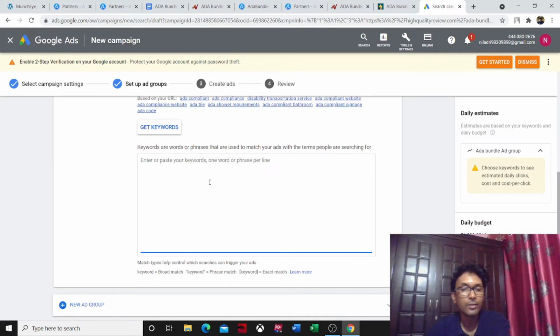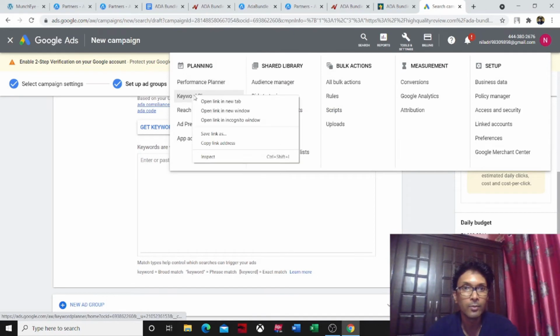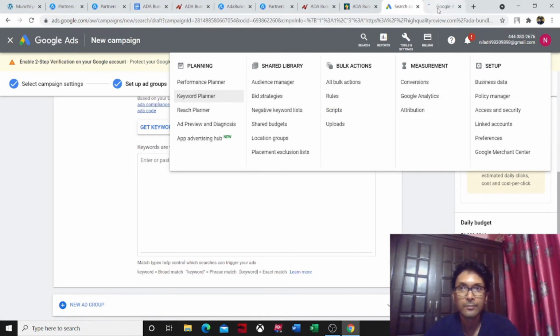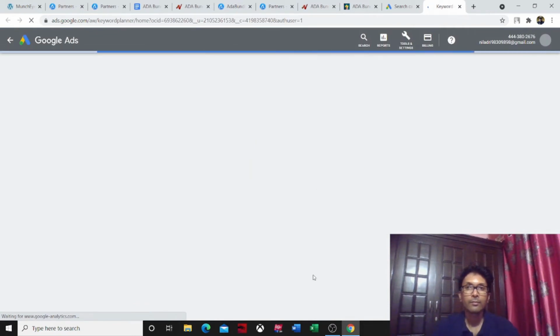For keyword research, you can go to a tool like Keyword Planner. Google Ads is always slow. Even if your internet connection is fast, it will still be slow.